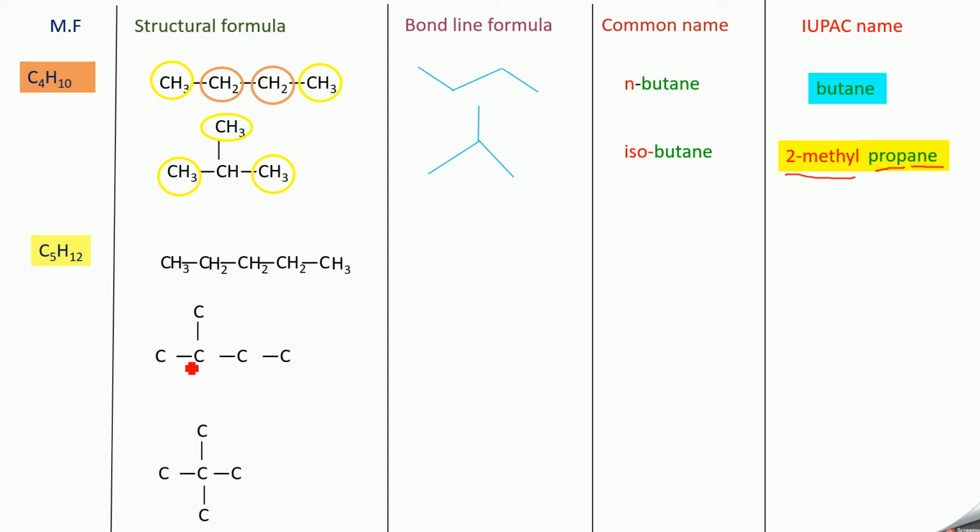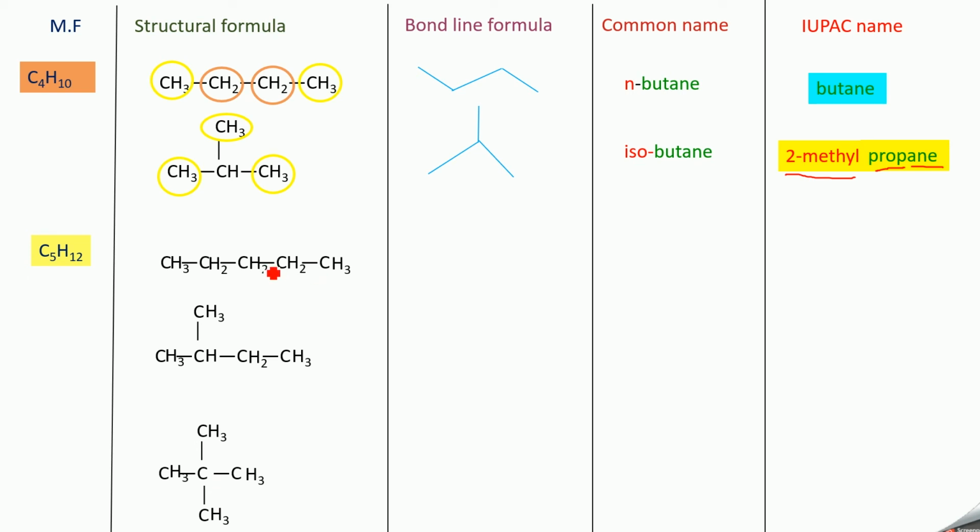Similarly here, for this carbon, only 1 valence is satisfied, CH3. For this carbon, only 1 valence, CH3. For this carbon, 3 valencies are satisfied. So only 1. So here CH3, but here we have CH and CH2. Similarly here we see CH3, CH3, CH3, because these 4 carbon atoms have valency 1 satisfied. So the remaining 3 valency you have to satisfy with hydrogen. So this is the structure for this one. For the middle carbon we have 4 valency, so we need not write hydrogen here.